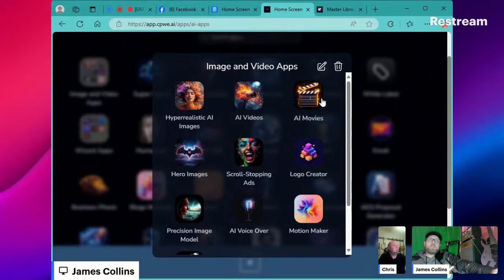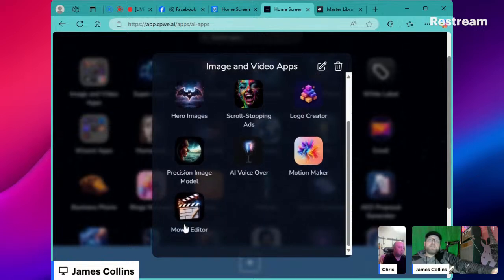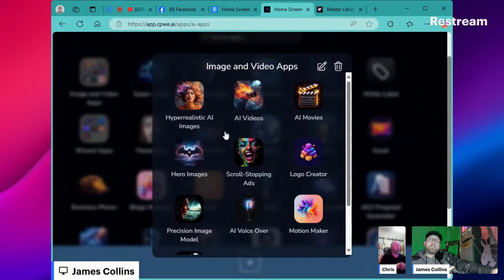So AI movies, you can create short form content with captions. It's really good. AI videos, we even have an AI video editor down here. Works pretty good. Motion maker, so your motion graphics, if you're seeing people with pictures and graphics behind them, here's our motion graphics. These ads put out unbelievably realistic images. And then on the ads side, you can do either super realistic images or you can do more of your graphic style for your ad campaigns and your social medias.